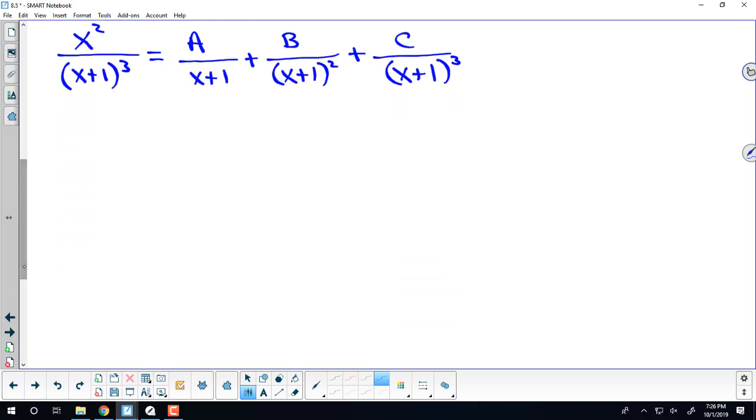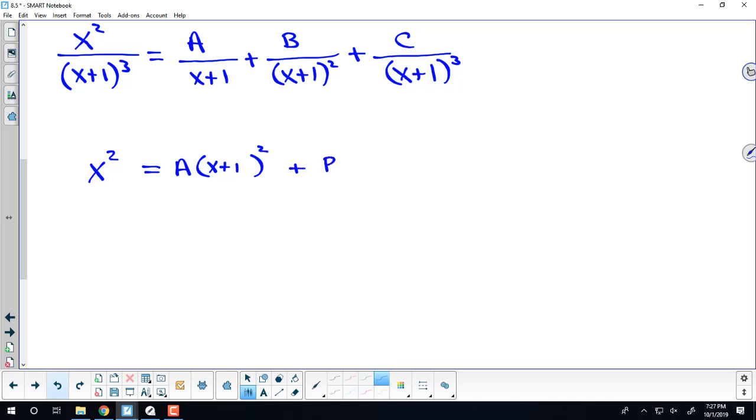We'll come back up when we're done. So here's an example where the shorter version doesn't work because all A, B, and C involve the x plus 1. But nonetheless, we're multiplying through by x plus 1 quantity cubed to get rid of the fractions. So we just have x squared on the left. We have A times what? x plus 1 squared